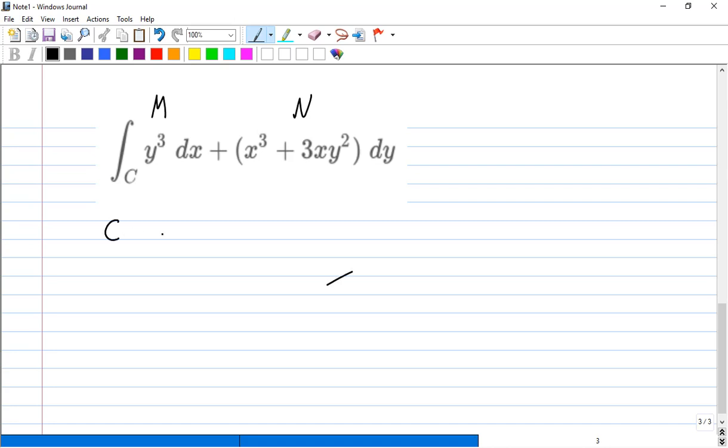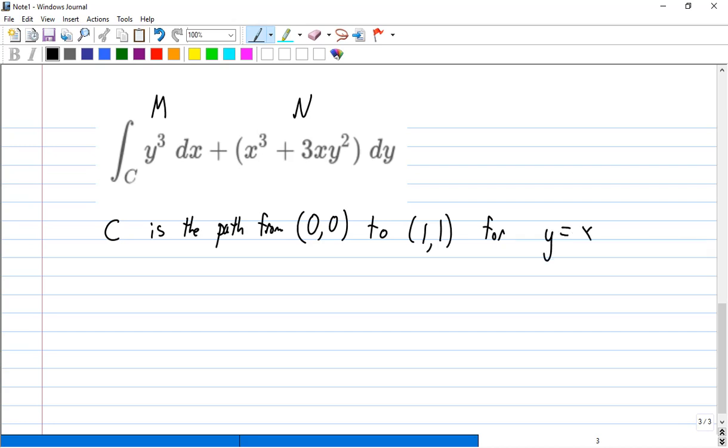So C is the path from 0, 0 to 1, 1 for y equals x cubed